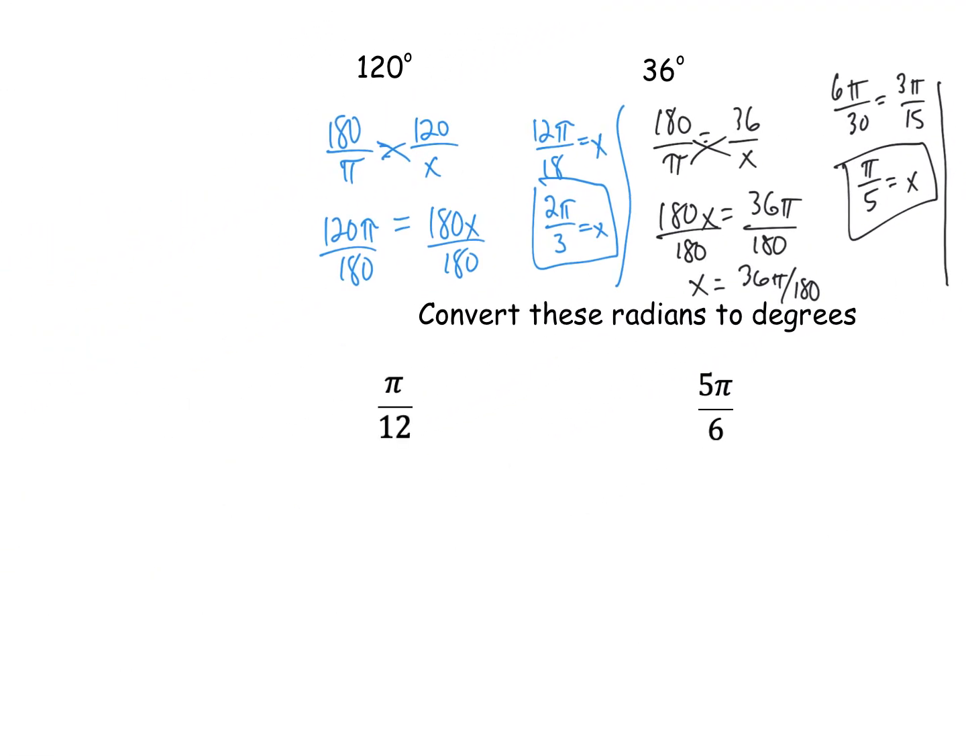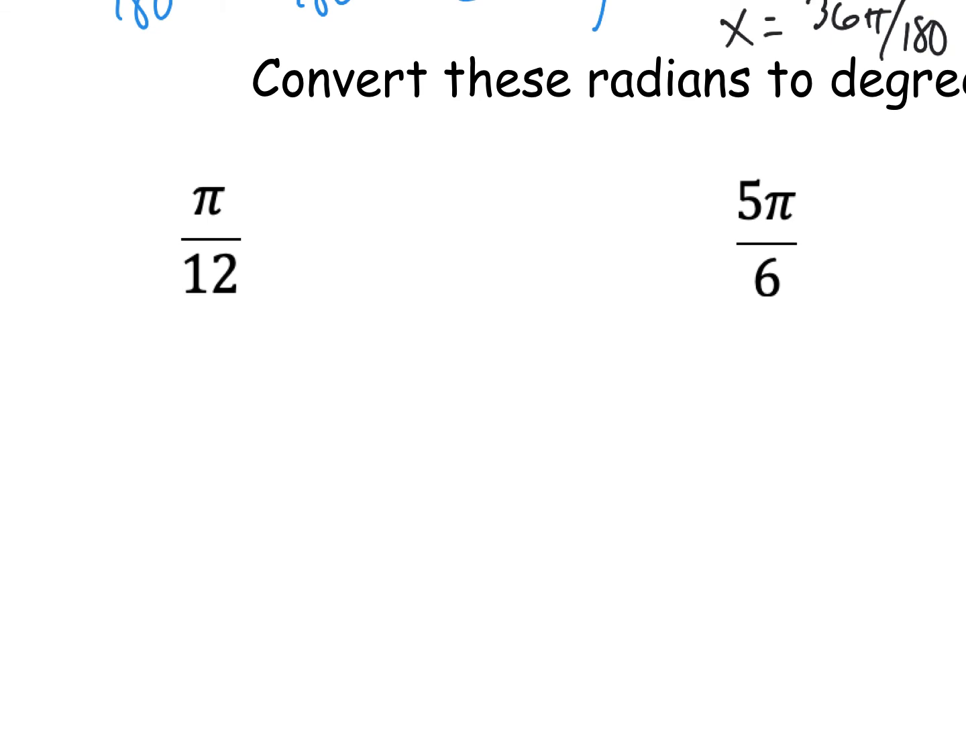Okay, we're going to do the other way now and see how this goes. So same setup. We're going to do 180 over pi equals x. We're trying to figure out the degrees over pi over 12. Okay, cross multiply, we get pi x equals 180 pi divided by 12. And then I'm going to divide by pi on both sides. And that's going to cancel out that pi. So we're just left with x